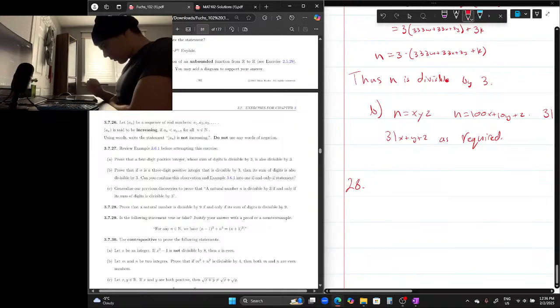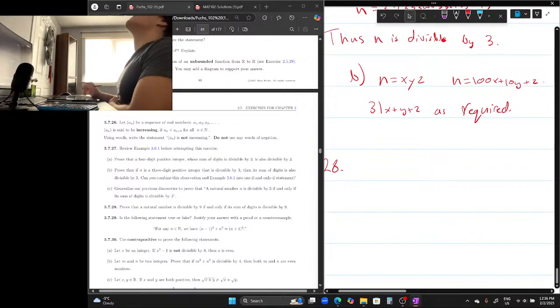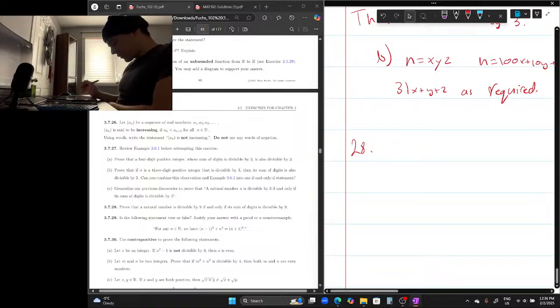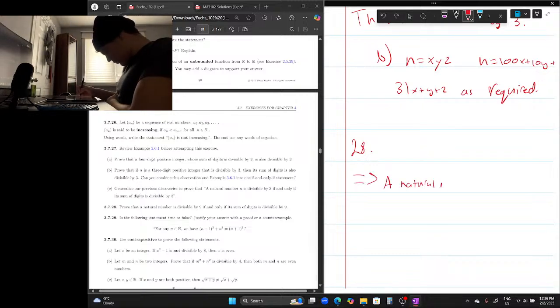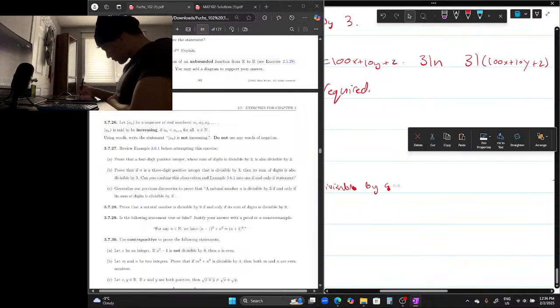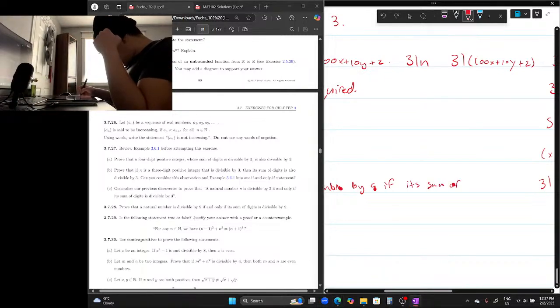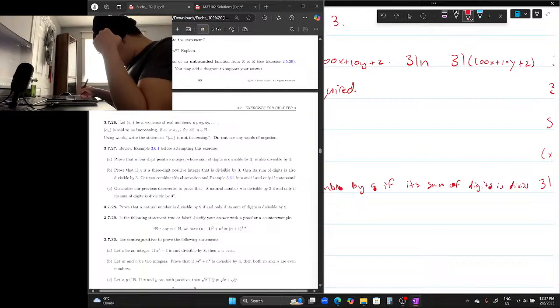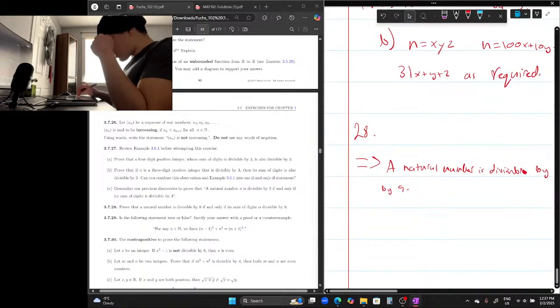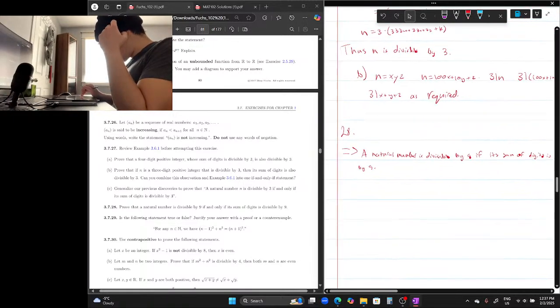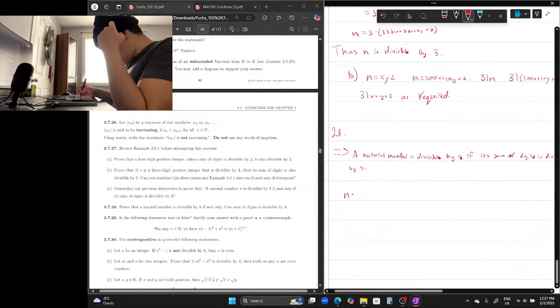28. Prove that a natural number is divisible by 9 if and only if its sum of digits is divisible by 9. Okay, so n is equal to